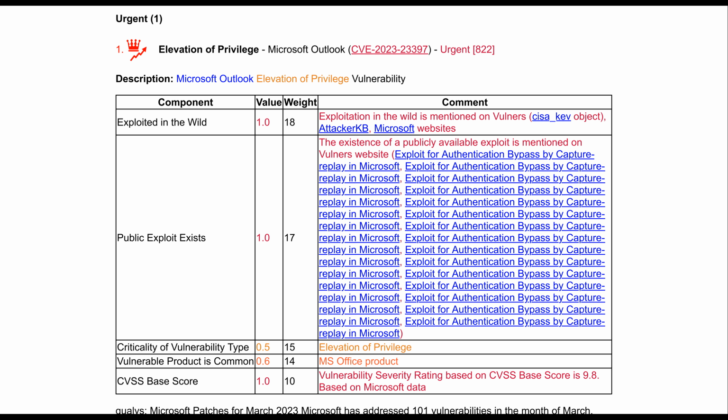Elevation of privilege in Microsoft Outlook, CVE-2023-23397. Although technically a spoofing bug, the result of this vulnerability could be considered to be authentication bypass. The vulnerability can be exploited by sending a malicious email to a vulnerable version of Outlook. When the email is processed by the server, a connection to an attacker-controlled device can be established in order to